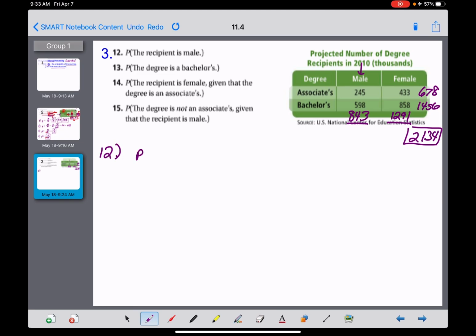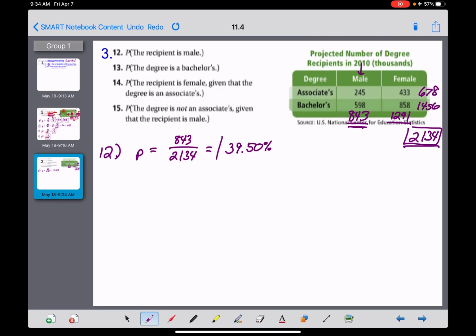Here we want to know what's the probability that the recipient of this degree is male. So I'm looking for the total number of male degree recipients, and that's the number that we found right over here, 843, out of a grand total of how many recipients we had in total. That's the sum of adding both the male and female recipients, out of 2,134. And with a big messy fraction like that, guys, I would probably expect that this one isn't going to simplify nicely, so I'm just typing it into my calculator, 843 divided by 2,134, and I would write that then as